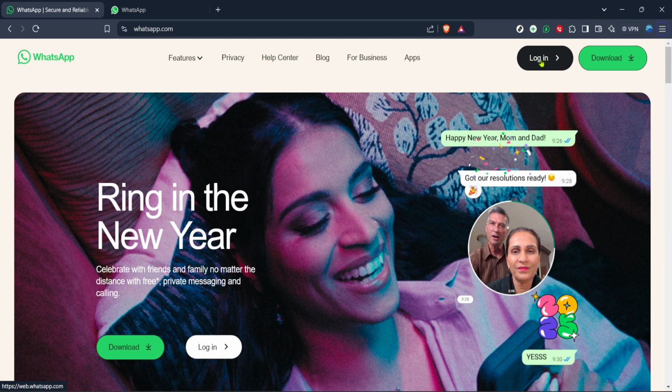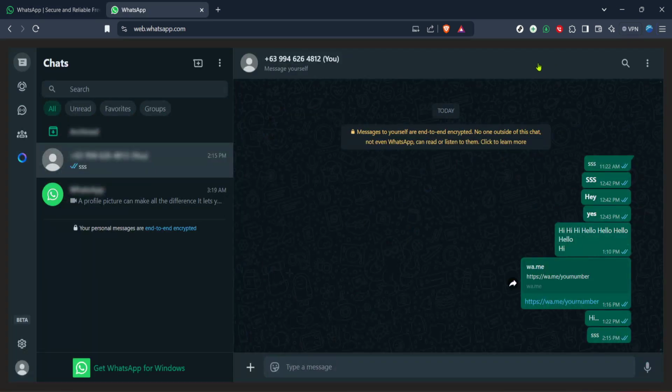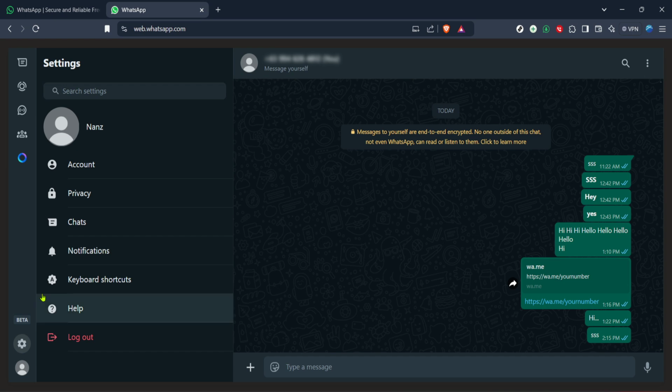With your WhatsApp now open on your desktop, let's move on to the heart of today's tutorial, configuring the Enter key. Look towards the upper left corner of your WhatsApp Web interface. Here you'll find three dots aligned vertically, right beside your profile picture. This is the gateway to your settings menu. With a gentle click on these dots, a drop-down menu will appear, revealing several options. For today's purpose, you want to click on the Settings option. It's usually located near the bottom of this drop-down menu.